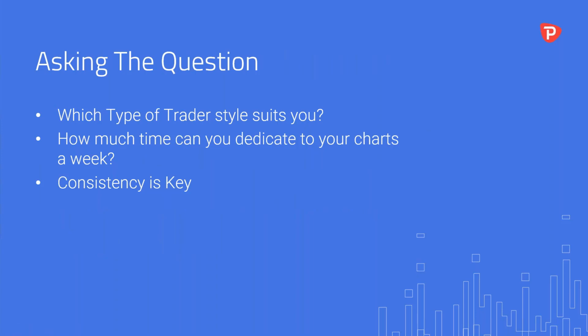So we always ask this question at the start of these webinars, Tyrone, and that is, what type of trader style suits you? If you're working, which many people out there are, and you want to do this as a side hustle, you want to learn how to trade on the side, then potentially it's day trading and swing trading that are going to be the best things. If you can concentrate for a 2 to 3 hour period and always every day focus on that time frame, then maybe it's scalping. So always remember, how much time can we dedicate to our charts a week? And consistency is going to be key to trading success long term.